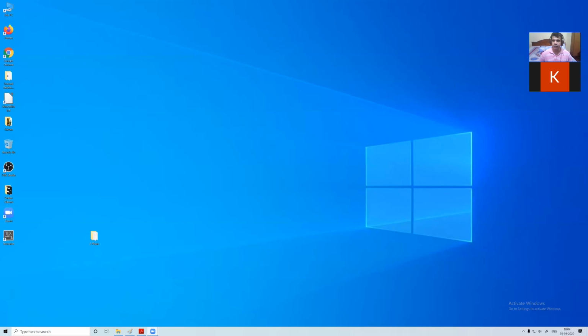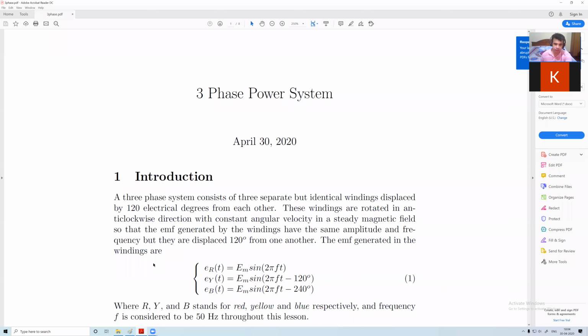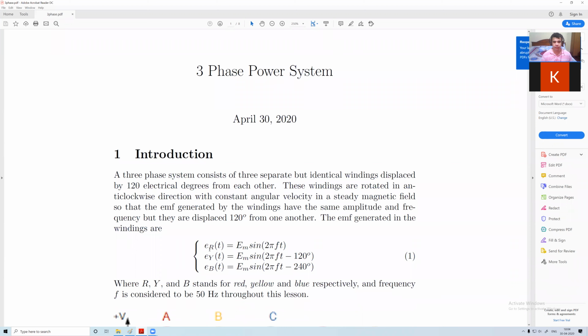Okay. Today we will start with a brand new topic, and this is from electrical, not electronics. The topic is three-phase power supply. So far in our discussion, we had only considered single phase, like this one, that E equal to Em sine 2 pi ft, right? However, due to many practical advantages, we will see some of them very soon, in our country, as well as I think in all the countries of the world, three-phase power supply is used.